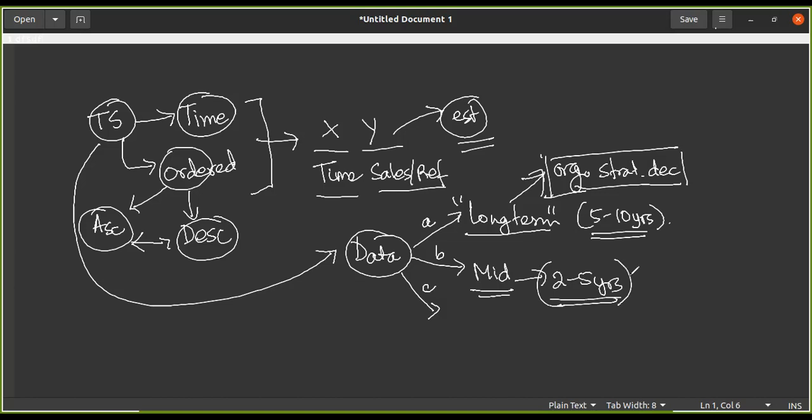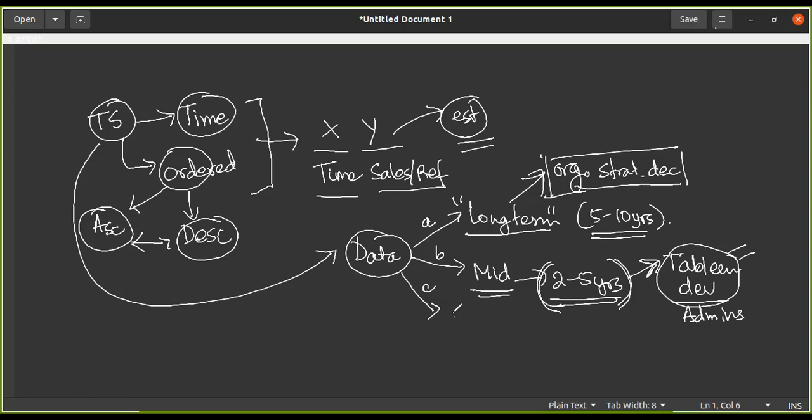The midterm is what? Let's say in the next 2 years, how many Tableau developers will I need? Let's say I'm working on Tableau and I'm going to estimate how many Tableau developers I'll need in my team or in my vertical, in my area of work, in the org unit where I'm working, right? So I will need to know how many developers I'll need, or how many admins I will need, right? So this is a kind of prediction where I'm only looking at a span of 2 to 5 years,